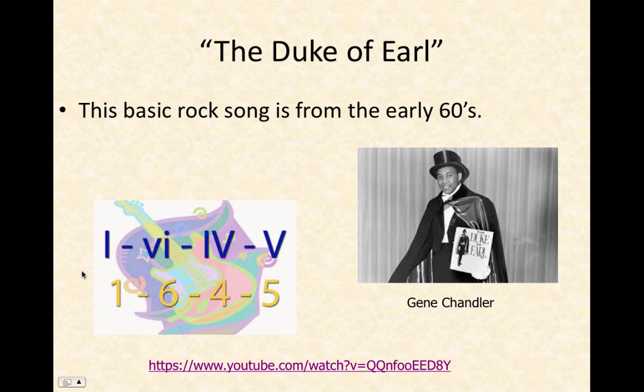Any of you guitar players may know how to play a 1 chord, a 6, a 4, and a 5, depending on what key you're thinking about. This is a famous progression that occurs in the song the Duke of Earl, which in the 8th edition of our textbook is outlined on page 30 if you want to take a look at it. We're going to hear a little recording of this, and this chord progression is very distinctive. It's one of the reasons why this is the one chosen for you all to hear.